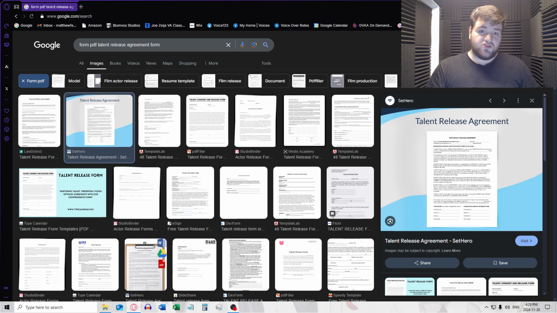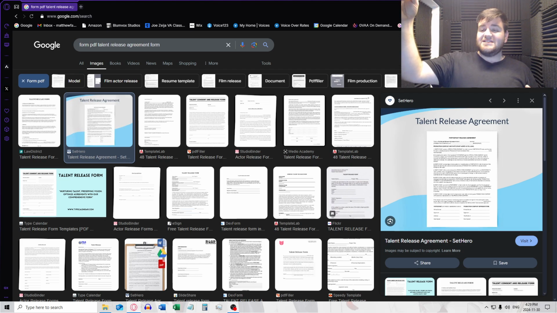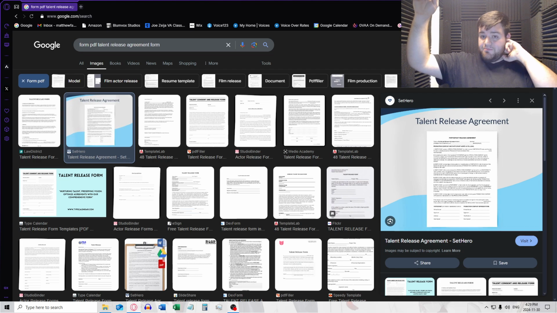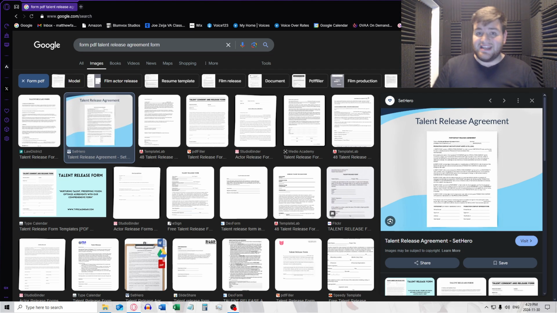Read your contracts. They will usually come in one to two pages, maybe sometimes longer because of the depth of the project you're doing. Usually the first note is just a brief detail plus you giving consent to use your talent, your voice, your body, your image, your likeness. And